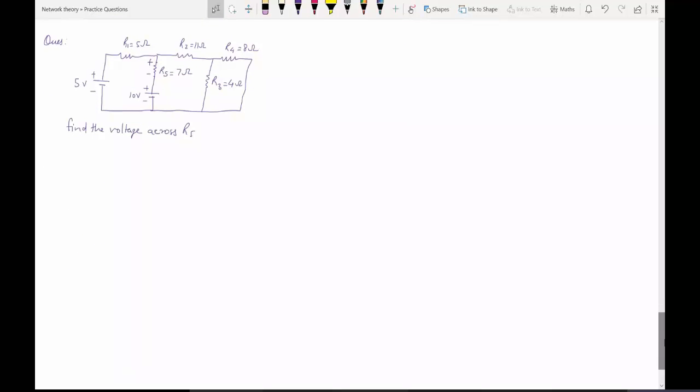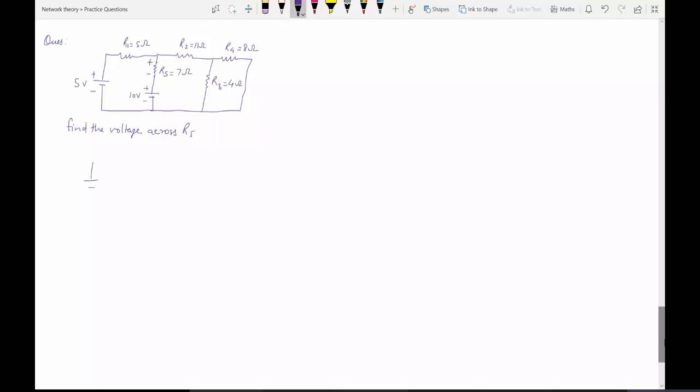Okay, now first thing is R1 is equals to 5 ohm and here 10 ohm. So take one only, means the one voltage source. Another voltage source we will short circuit. Okay. So how to do it? It is again a simple question, but you will have to do a little bit calculations. That is why I am telling you this.